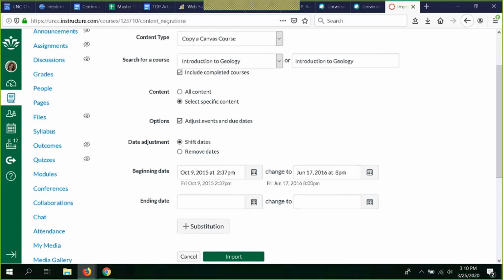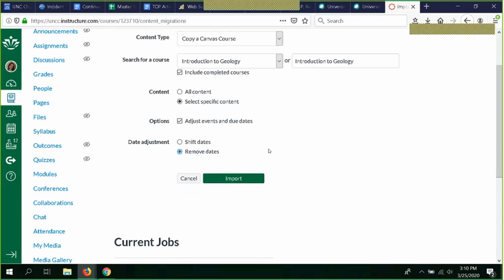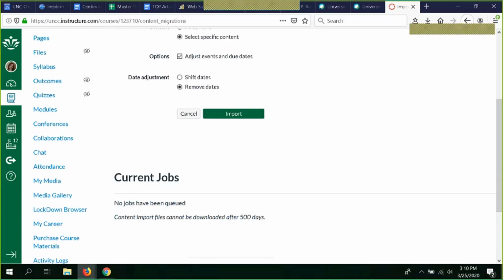But if that's something that you're interested in trying and you have to adjust them manually anyway, you can certainly give that a try. Or you can also remove dates, as in, I don't want any due dates in there. I want to completely make them from scratch again so that there's no old ones accidentally lingering in there. Now, once I click Import,